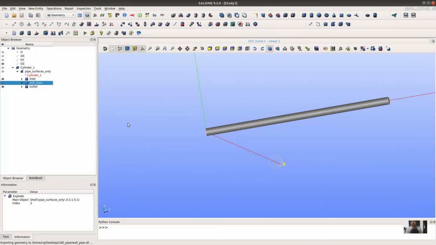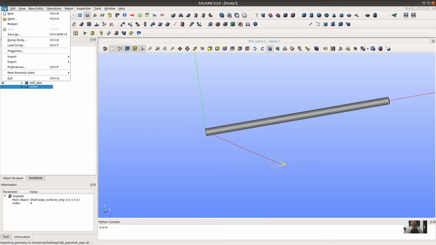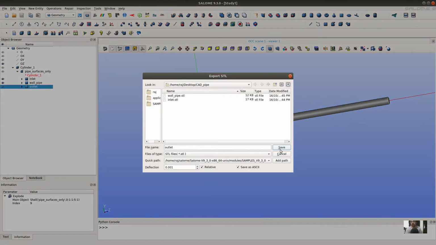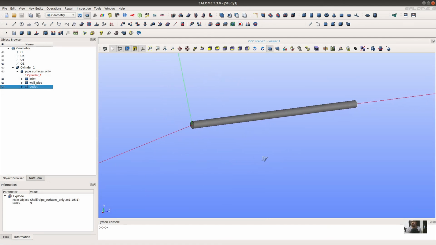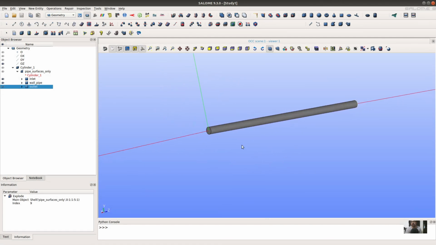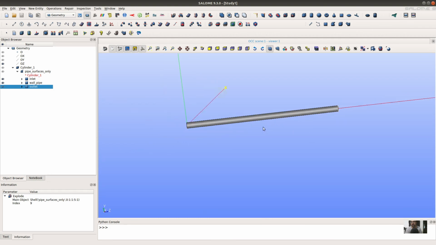We have already exported, and are left with just the outlet. Then we can save this outlet in the same format. So we have created the surfaces of the pipe: there are three surfaces, the pipe wall, the inlet and the outlet.